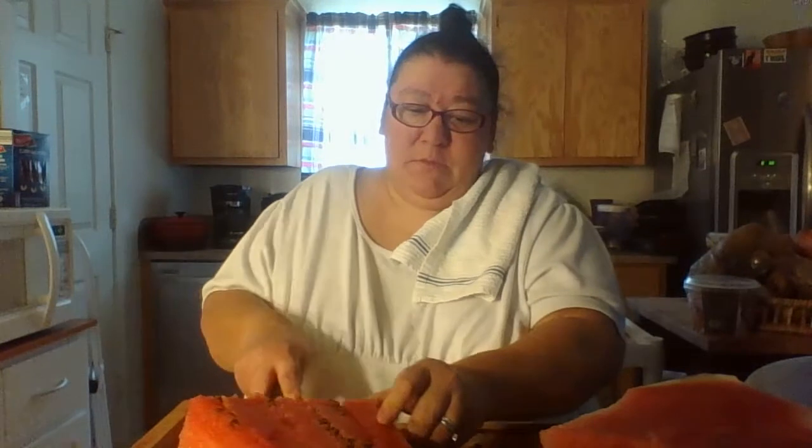Prepping this watermelon. Can y'all give me credit for this being a cooking mukbang, huh? No, there's no flame involved. These outside pieces were nice. Try to save a lot of this for her because me, I can always go to the store and buy some, but once she's at work,